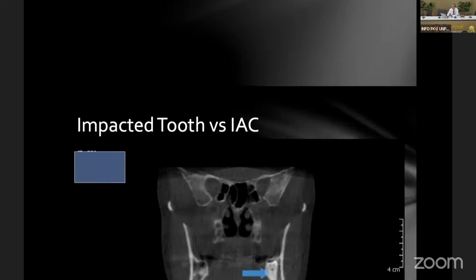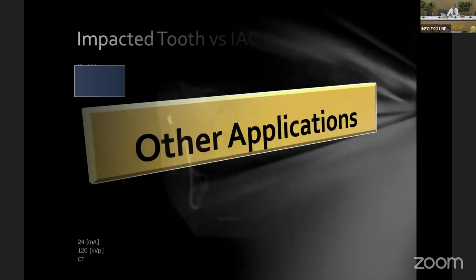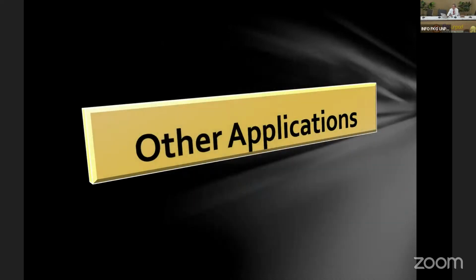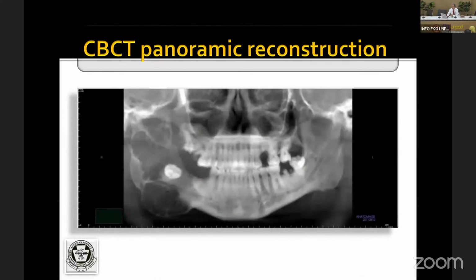For an impacted third molar, certainly we can use the cone beam to see the mandibular nerve and how close it is to the impacted third molar. That's also useful. Surgeons sometimes look at the condyle at different stages; we call it 4D imaging, overlapping different times.